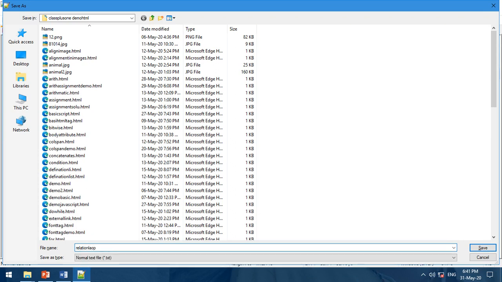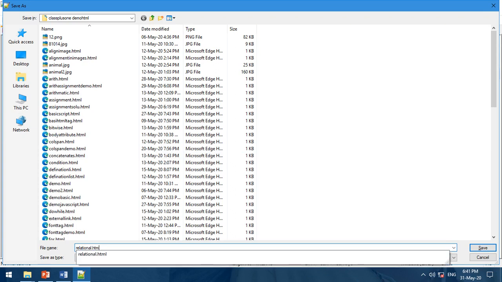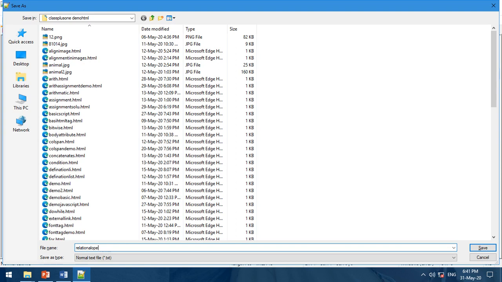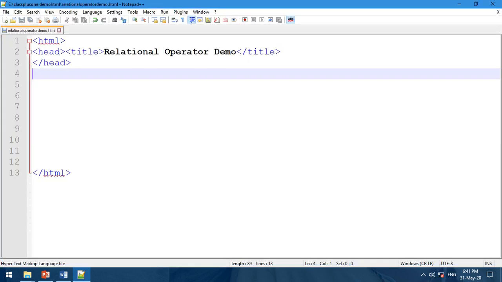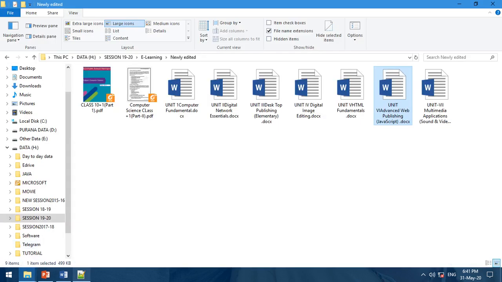The name of the file is relational operator demo.html. Now open the file.